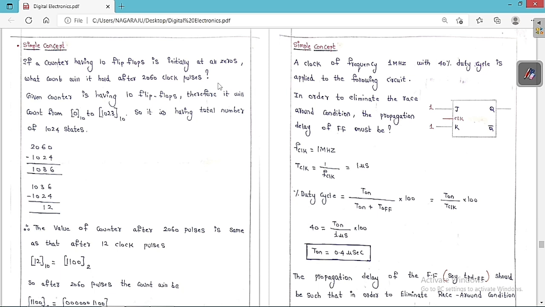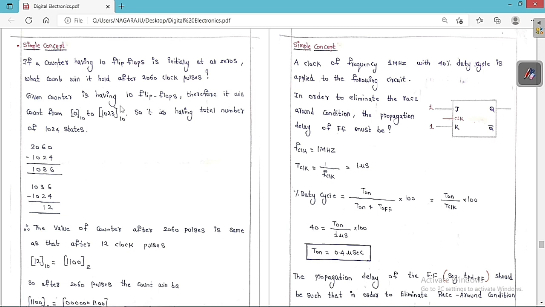We need to figure out: after 2060 clock pulses, what is the count in this counter? Based on this, now we are going to solve this one. Listen carefully. The given counter has 10 flip-flops, therefore it will count from 0 in base 10 to 1023